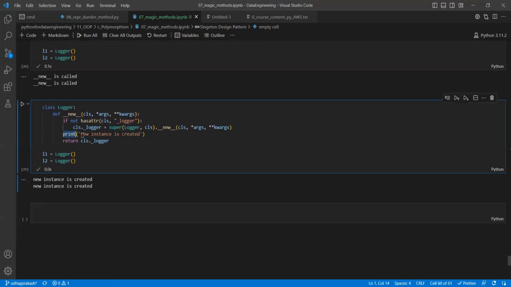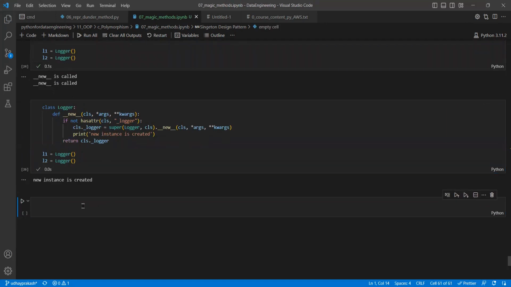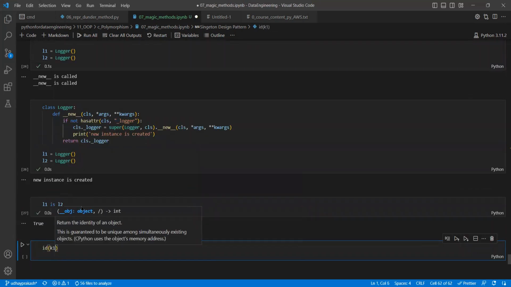Sorry, I need to write this condition inside. If I write it like this, now you can see it is called only once. And if I say L1 is L2, did you see it is true? If I print the address of L1, comma, address of L2,